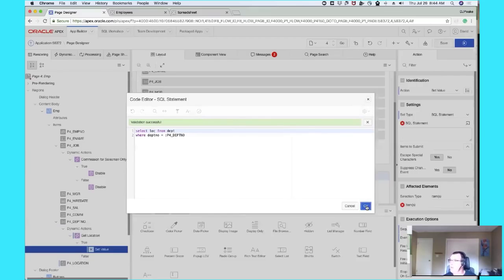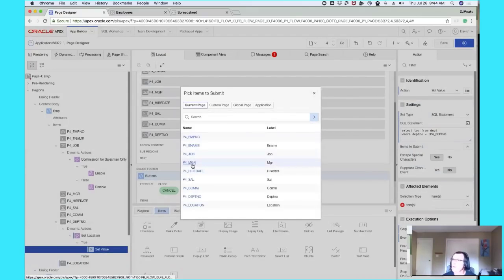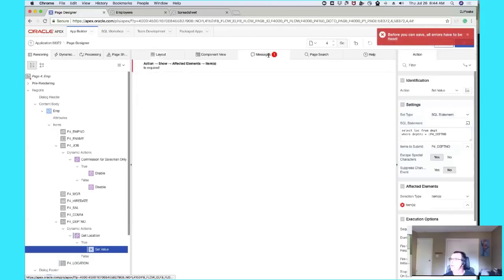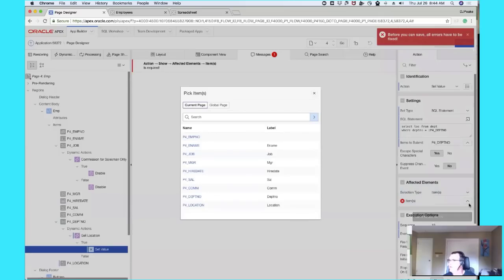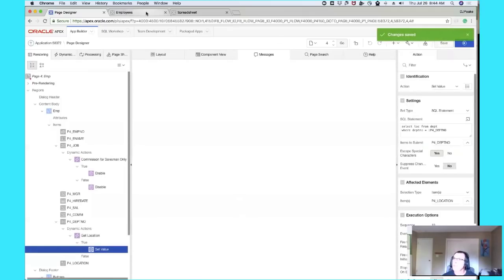That's better. Then the only other thing I need to do is actually submit that item, the department number, so that it can utilize that within the dynamic action. And I'm going to save this. There's a message. Oh, I need to tell it what it's going to affect. And it's going to affect my new location item. Now I can save it, go back to my runtime,